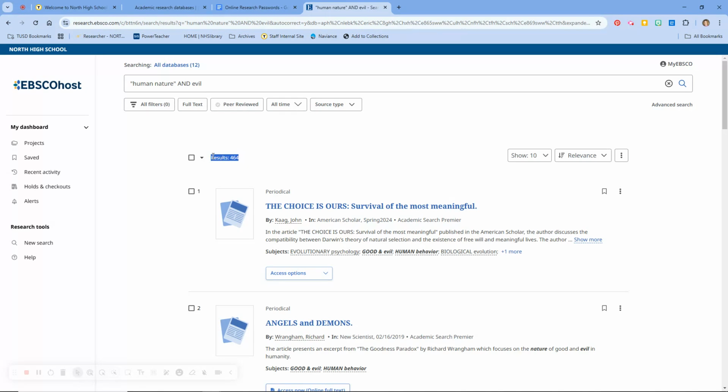And these results should be way more relevant than the last ones, which had stuff about climate change and aliens in them, if you recall. Let's look at some other ways I can narrow down these results until I only have the stuff that's best for my project. One way to limit your results is by full text, which is just under the search bar